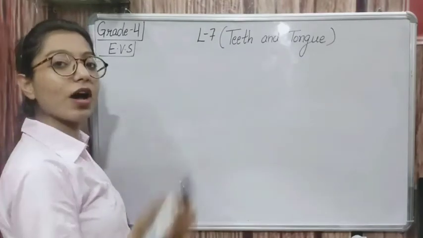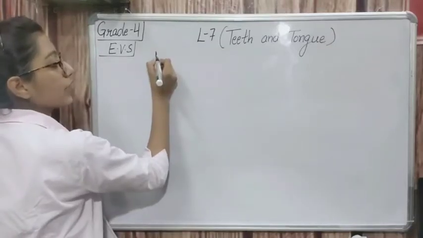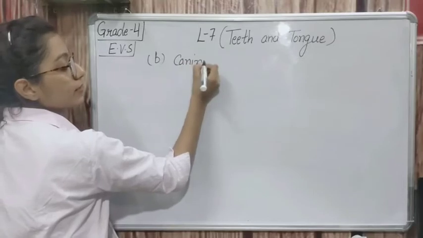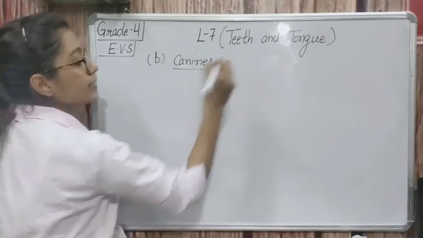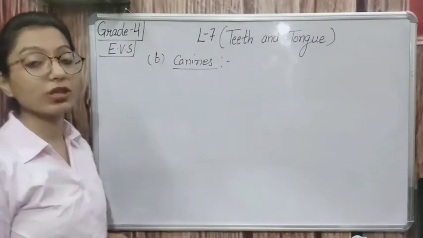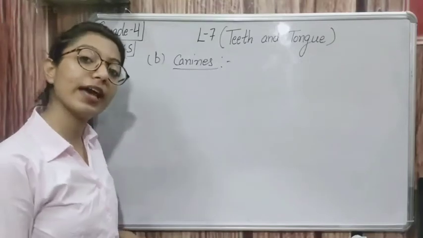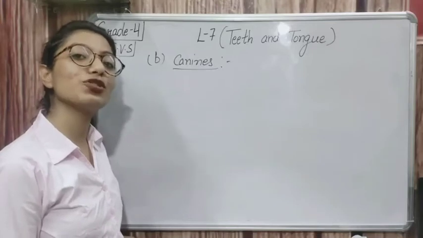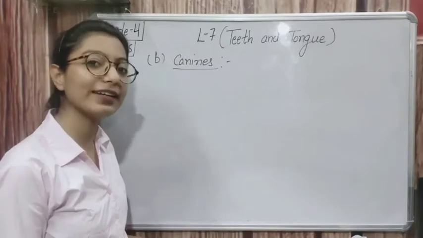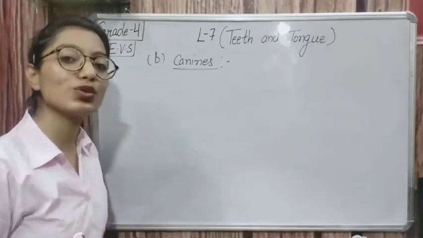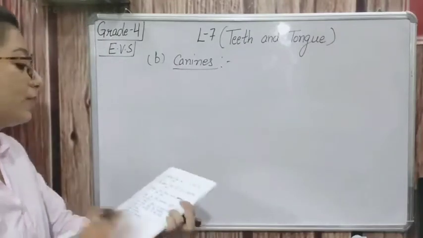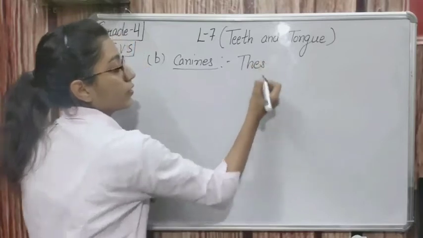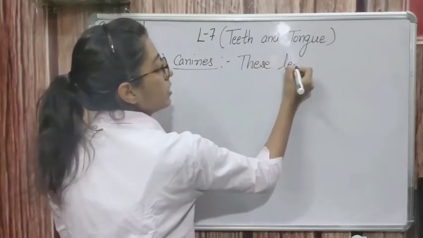Okay students, now after this we will write about the second kind of teeth, that is canines. So make a heading of canines here and we'll write about the canines. So what is the function of canine? Canines are used to tear the food, right? These teeth are used to tear the food. So write about it. These teeth